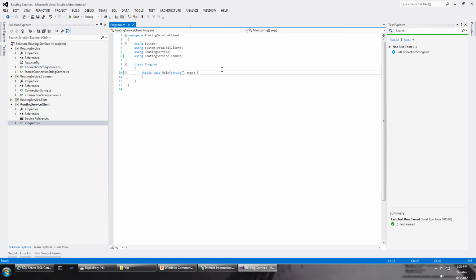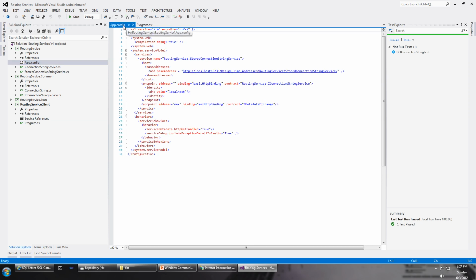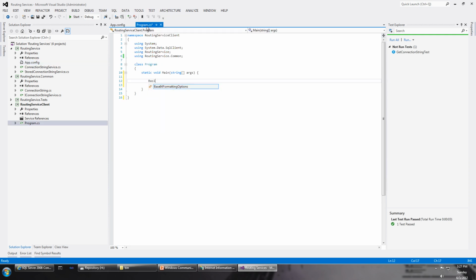So what's left now is to actually create the WCF client using pure code. We're not going to use any application files, anything of the sort. Now we can take a look at our server configuration. We can kind of see the things that we need. We need a basic HTTP binding, so we can translate that into code,